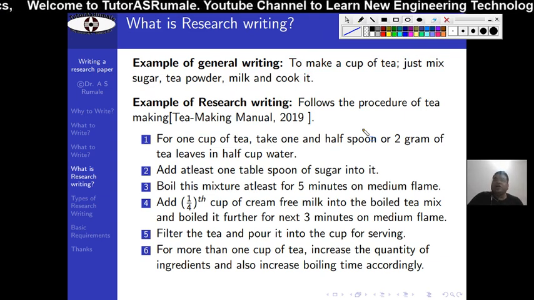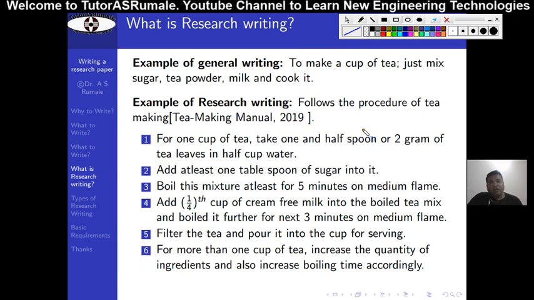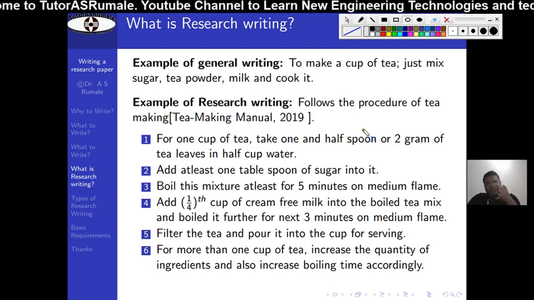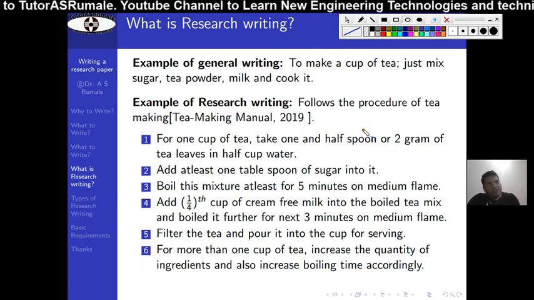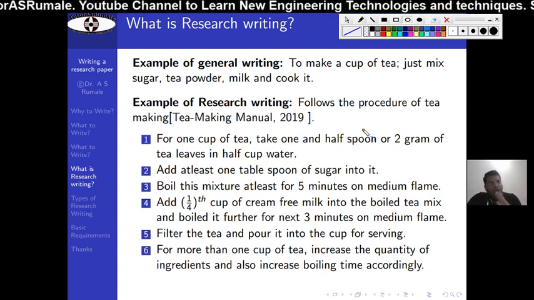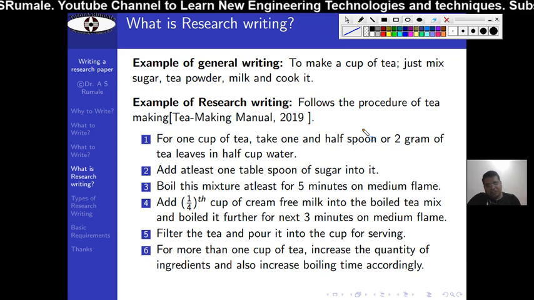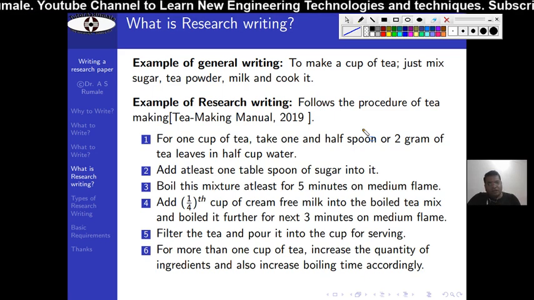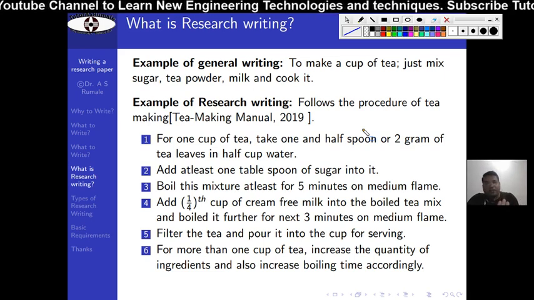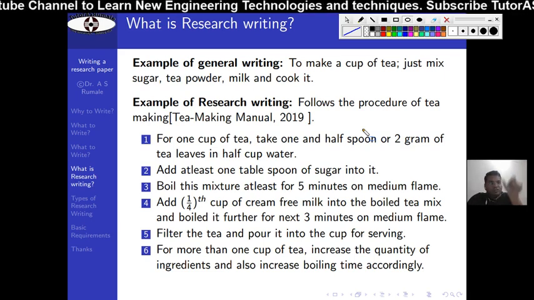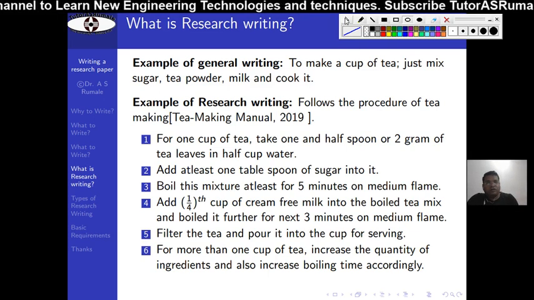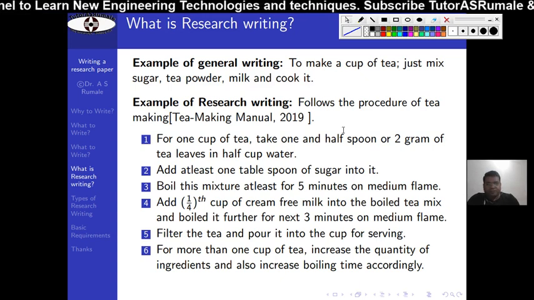Scientific general language is that it simply won't entertain any type of ambiguity. You have to state the fact straightforward. If your experiment fails, you have to say it failed. You won't have to give any excuse for that. If your experiment succeeds, you have to say it succeeds. Likewise, you don't require to add anything decorative into it. You can give the fact that this is due to this, because this happened, and the experiment succeeded, but no more than that. So this is what we can call research paper writing.